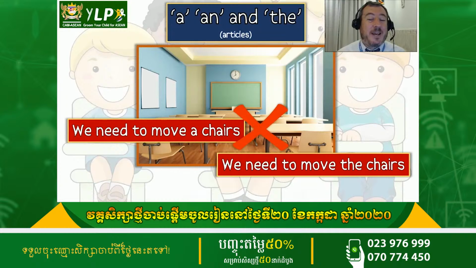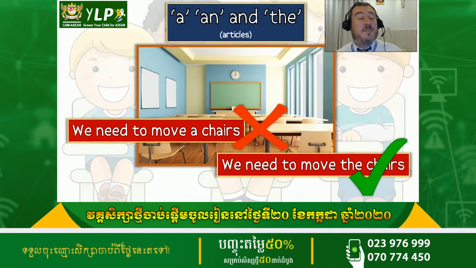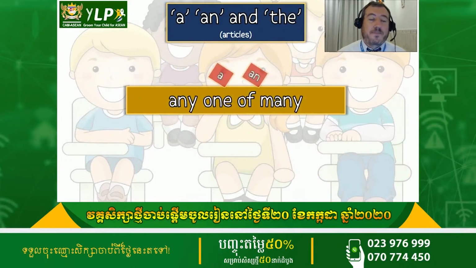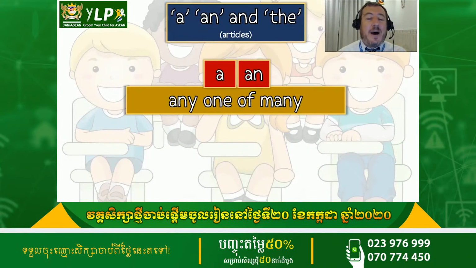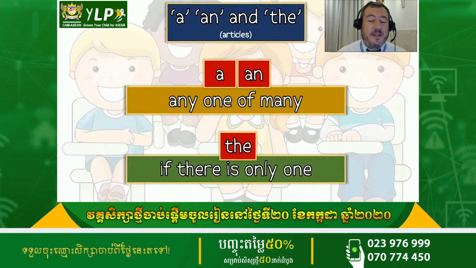Okay, well, this one here is not correct because we can't use a or an with a noun with s to mean more than one, because a or an only means one. And we need to move the chairs is correct. You can either say we need to move the chair, one chair, or the chairs, meaning more than one chair. So again, remember, a or an means any one of many. Okay, and the word the,